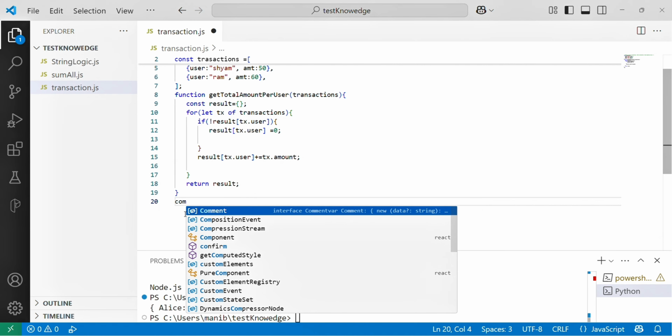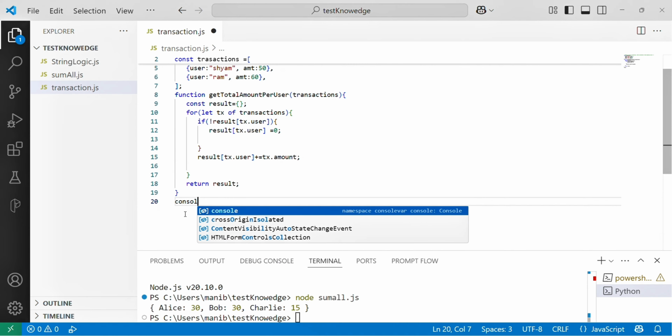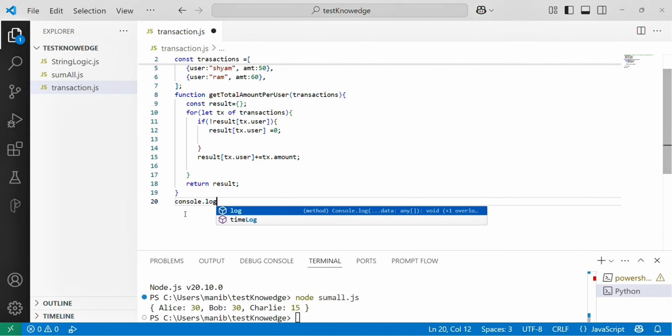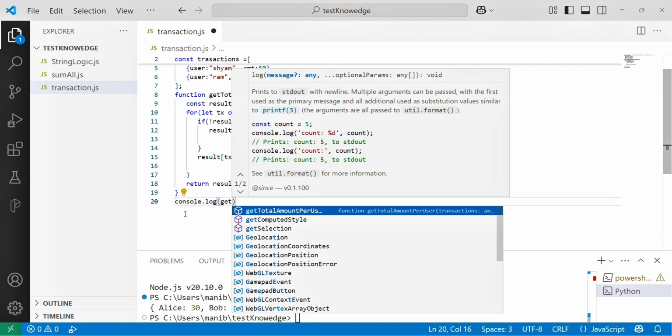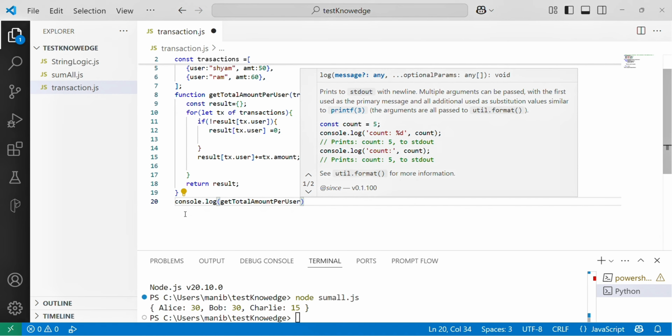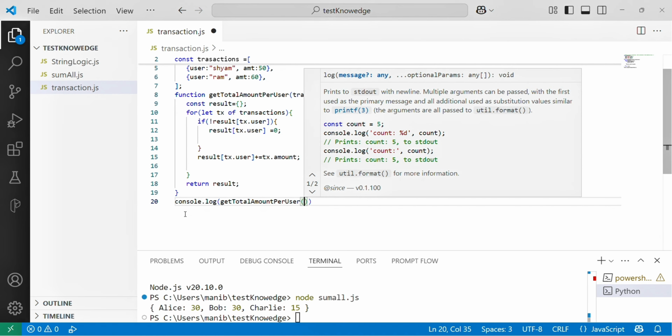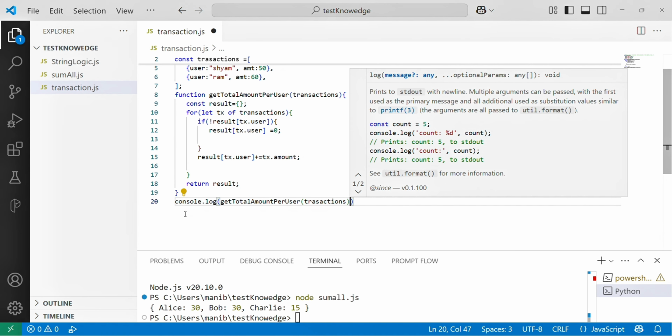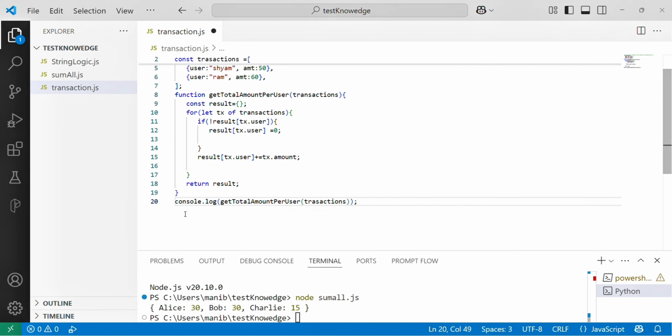So console, I am printing and checking. We will write console.log, the function name getTotalAmountPerUser of transactions. Once you write it, you can call it with a semicolon, and now you save it and you can print it.